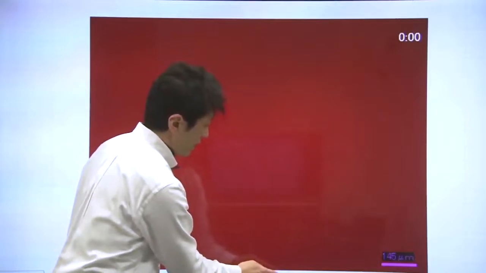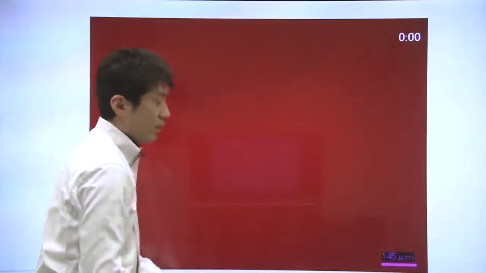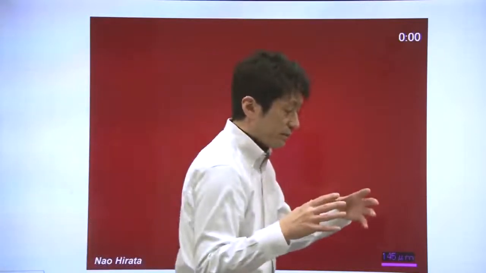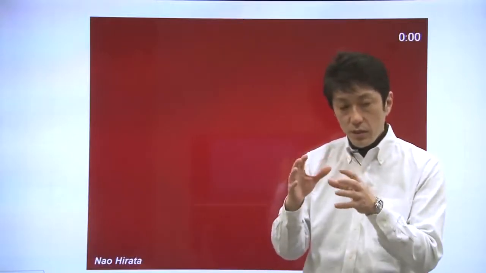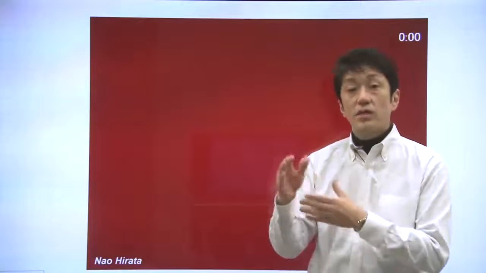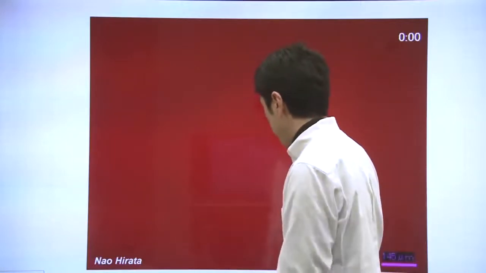I have a video here, but you can see the video in the course material where you can see a donut-shaped colony. Again, inside the colony is differentiated. Outside is undifferentiated. Since the ABC transporters are involved, KP1 staining is time dependent. You can see the video in there. So this is one thing that you can do with fluorescent molecules. This is one of the chemical genetic studies using fluorescent probes.